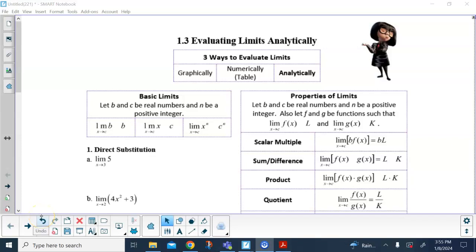All right, guys, so in this lesson, we're going to quickly go over how to evaluate limits analytically. We did graphically and numerically earlier. Today, we're going to look at analytically. So with your basic limits,